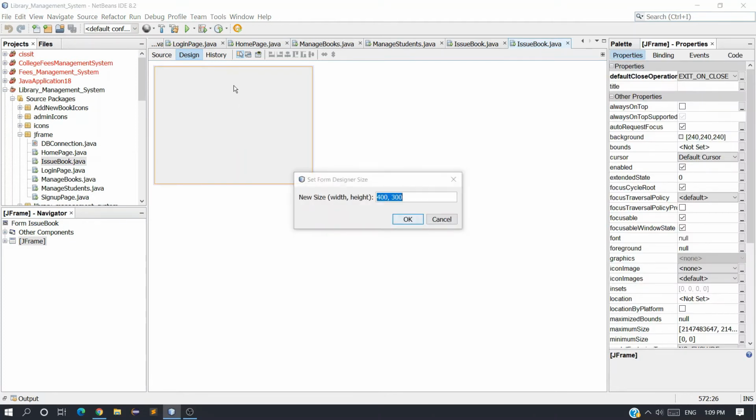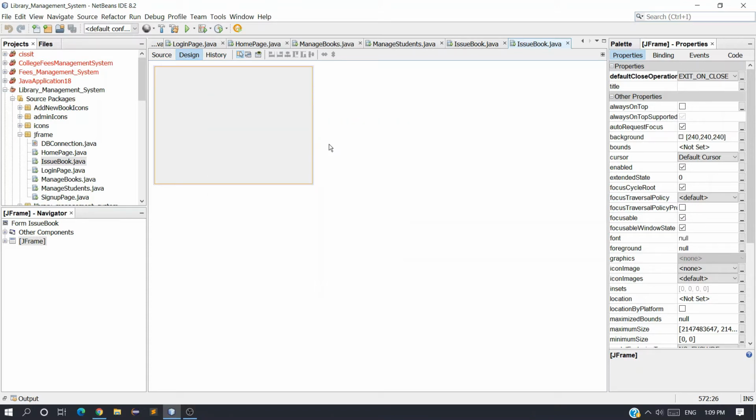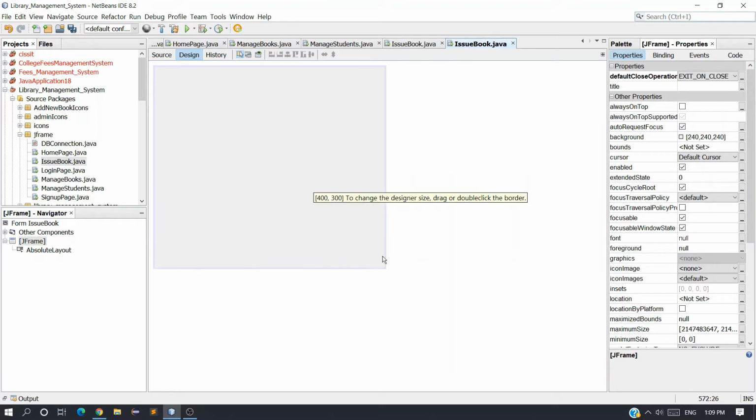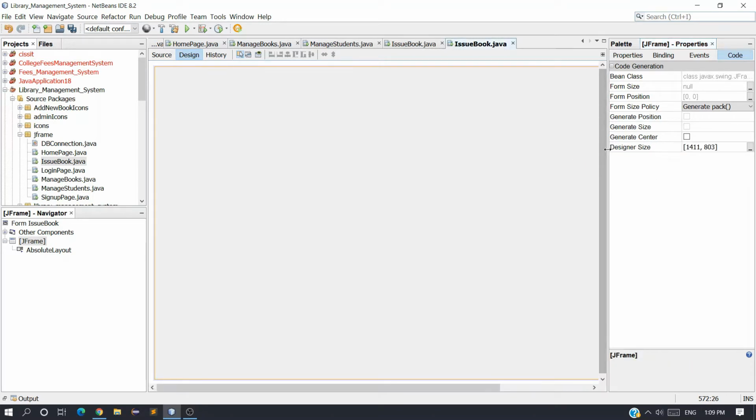Now just set layout, set layout absolute, and go to code, and here we have to enter the size for our JFrame. So 1411 and 803. Press enter. We got a size, and click on generate center and generate resize code.